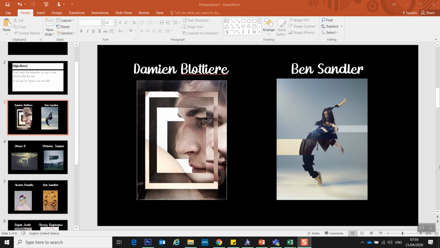Right, okay, in this abstraction series we're going to be looking at different artists and how you might work in the style of them or take some inspiration from them. So right now we're going to have a look at this Ben Sandler piece of the girl dancing and the